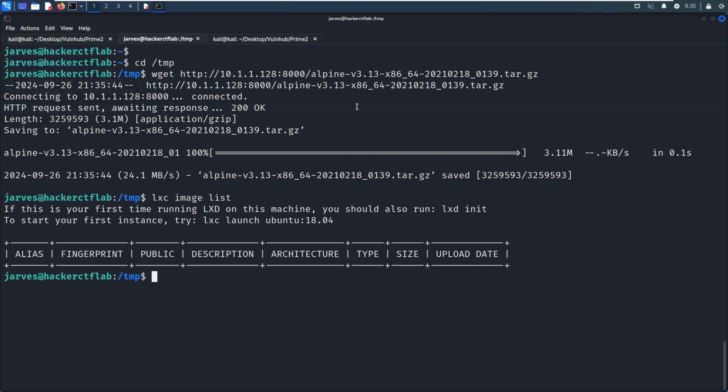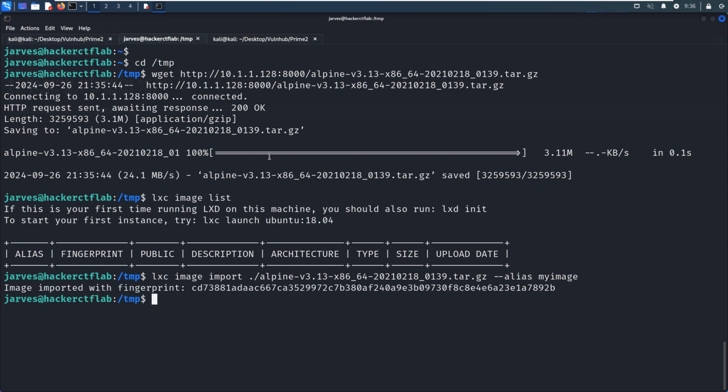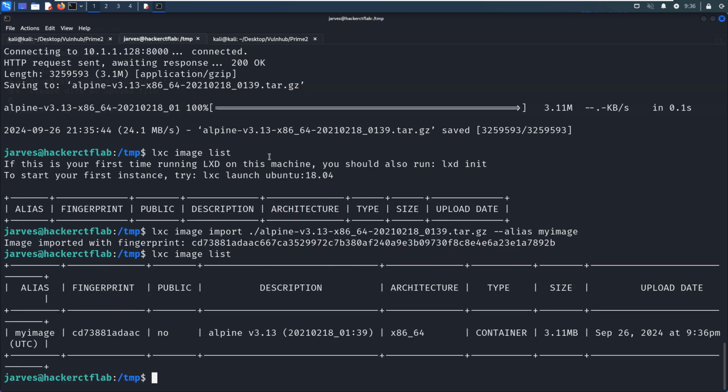Then we run lxc image import with the Alpine image and the alias myimage. Running the image list again, as you can see, the image has been imported without a problem.